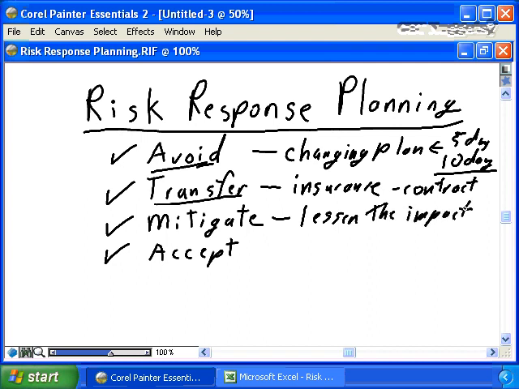So again, you're taking appropriate steps to minimize the risk for the project. But in the case of mitigate, you can't eliminate, so you're doing whatever you can to lessen the impact. So again, let's go back to our example of inadequate training. You decide that the avoid strategy of moving from 5 days to 10 days isn't appropriate, too expensive, too much impact to the project schedule, but you may take the appropriate mitigation actions. I'm going to send the team on the original 5 days worth of training, but I'm also going to ask the trainer to come back